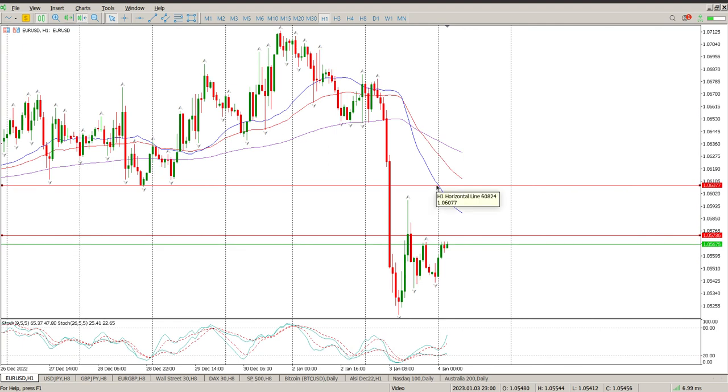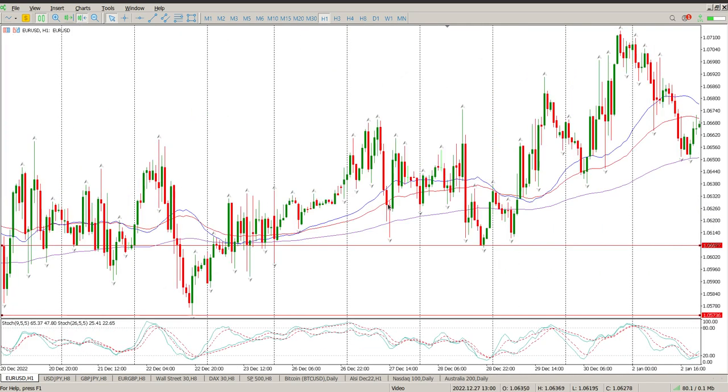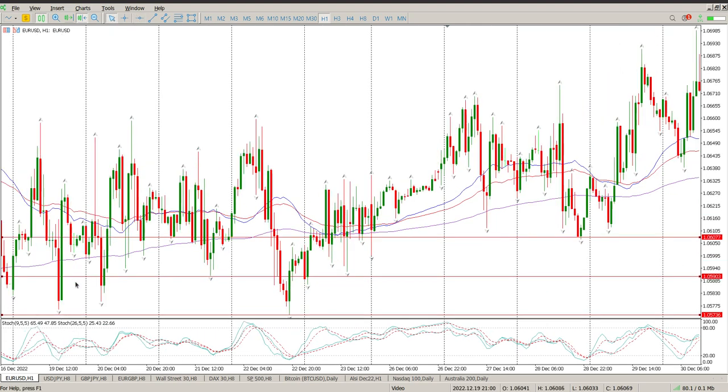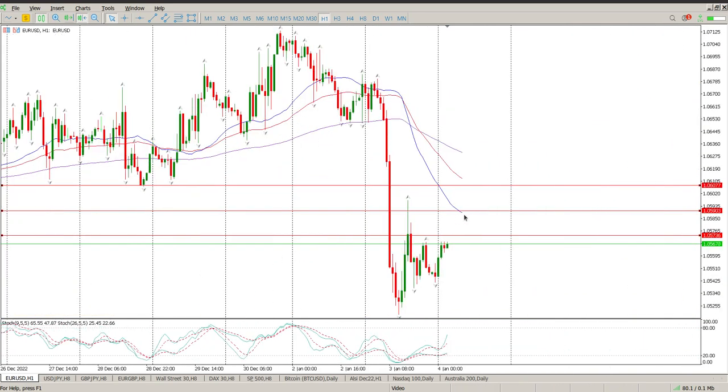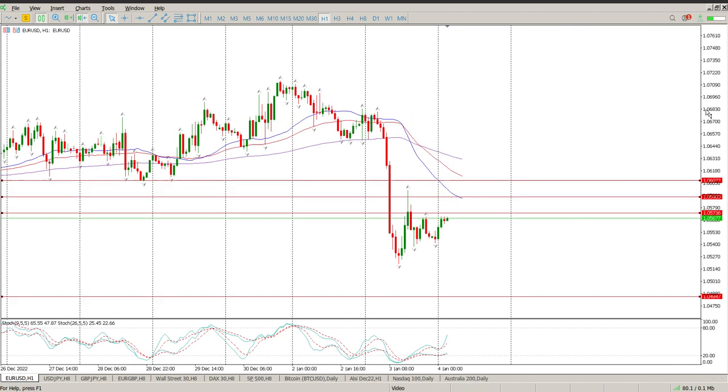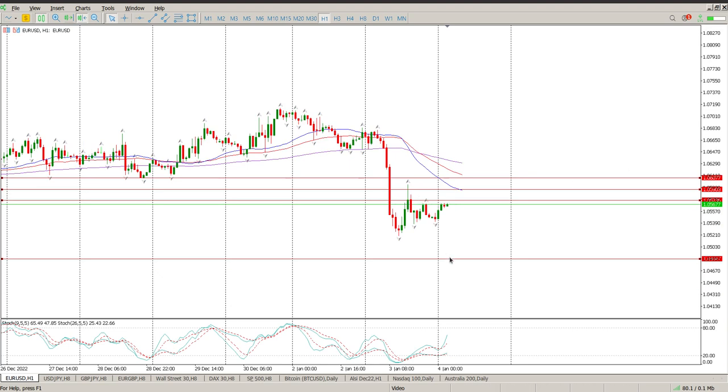So for short setups, 106.077 and 105.736. Probably worthwhile just adding in some of the key levels in between those two, scrolling to the left and picking them up. Any rejection off here, any price action off these areas, inside bars, pin bars, etc., then I would expect a continuation down to at least